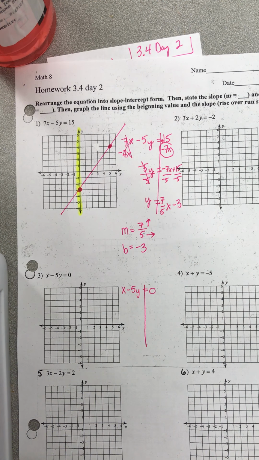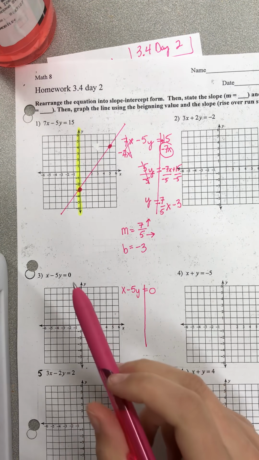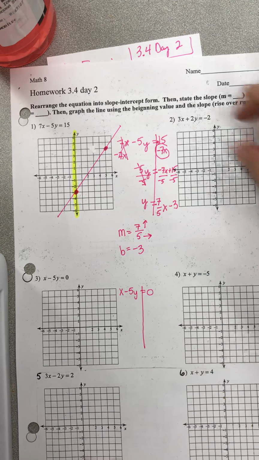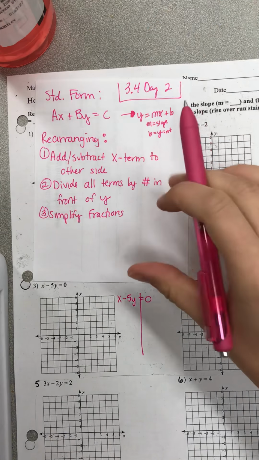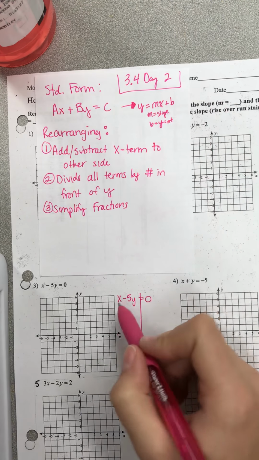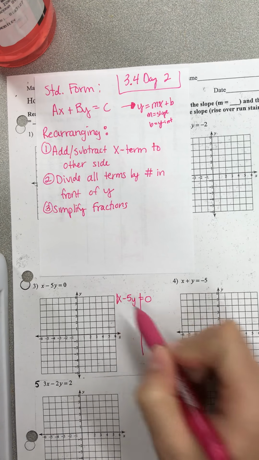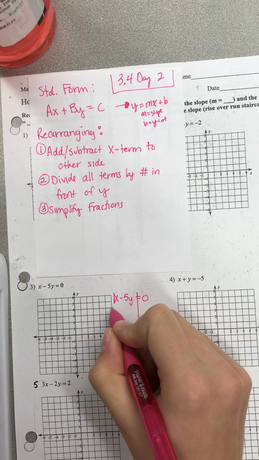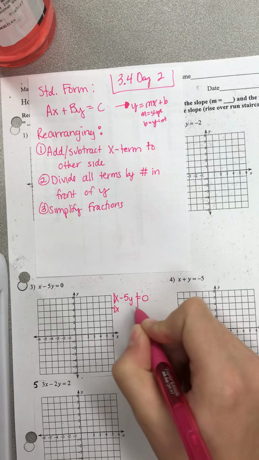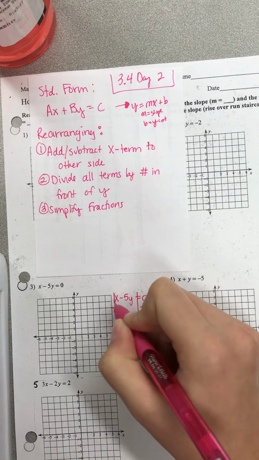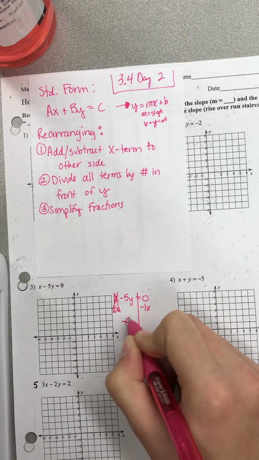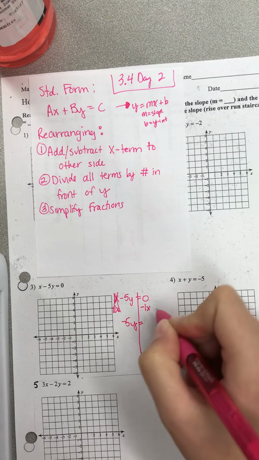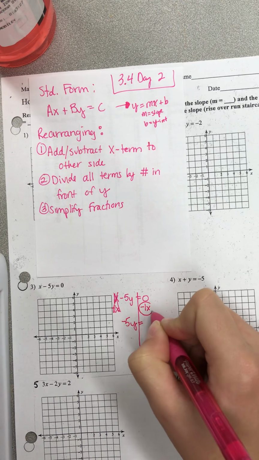In problem number 3, the equation is x minus 5y equals 0. So if we look at our steps, step 1 is to add or subtract the x term to the opposite side. Now this is an invisible positive 1x, so the opposite of a positive 1x is subtracting 1x on both sides. It will cancel on the left, and I can drop down a negative 5y equals,